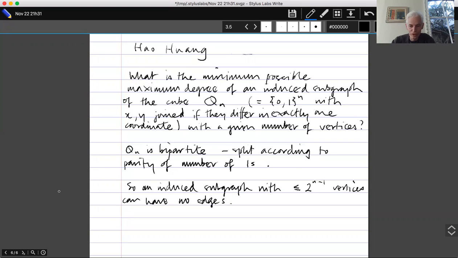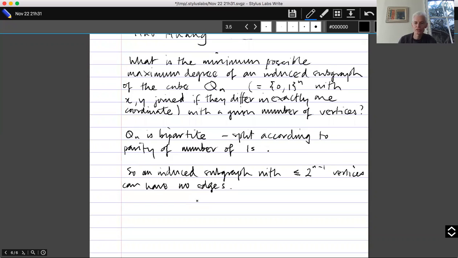I see now that the English language is slightly ambiguous here. That means it is possible for it to have no edges. It doesn't mean it cannot have edges. Obviously it can have edges, but it doesn't have to have any edges. So the answer is 0 if the number of vertices is smaller than or equal to 2^(n-1). So the first interesting case is, what if you have